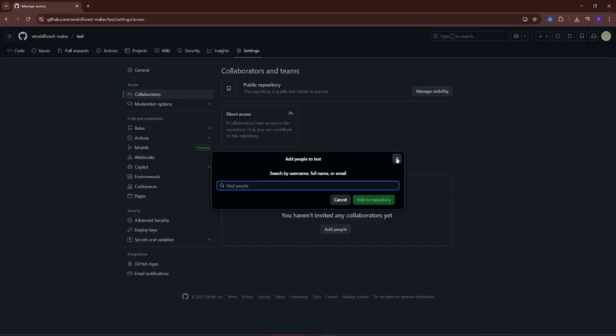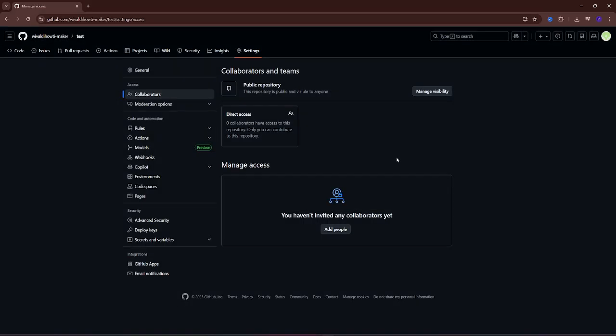Before we finish with this video, it's always a good idea to clearly communicate expectations. Let collaborators know what they should work on and what areas they shouldn't touch. This helps avoid confusion and keeps your project clean. And that's it. That's how you manage access to your GitHub repositories. You can come back here anytime to add new collaborators